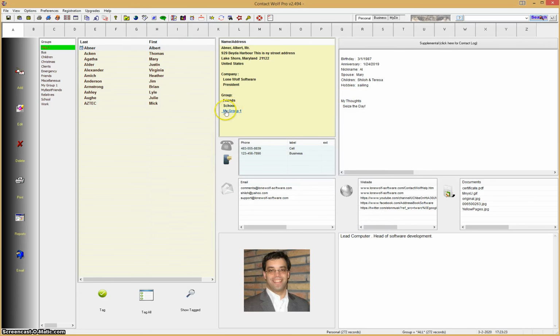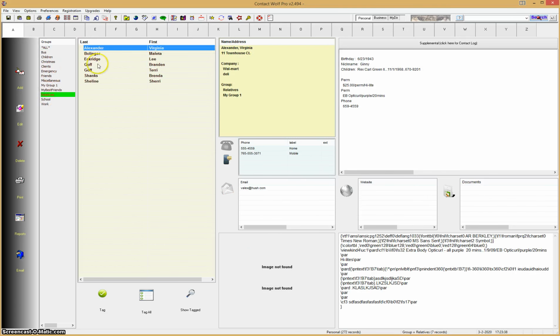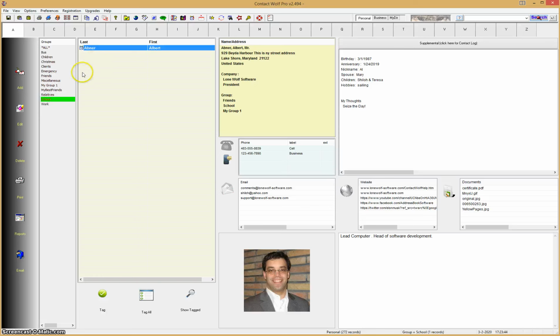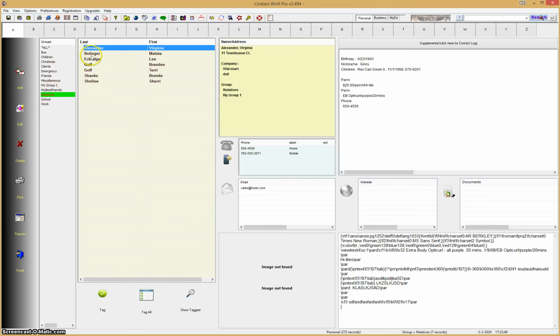In this case, we'll search for the school. We know there's a school group, so type in school and search. And you can see that you only get one school group, and that is the only record in the school group. And if you look at relatives, we have 1, 2, 3, 4, 5, 6, 7. So let's go back to all,